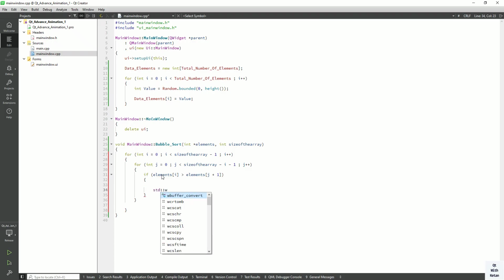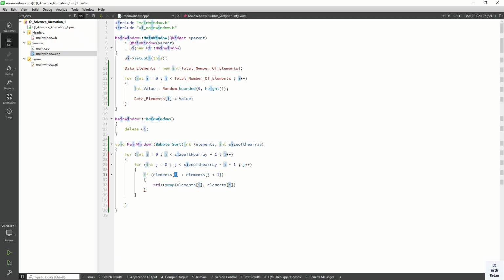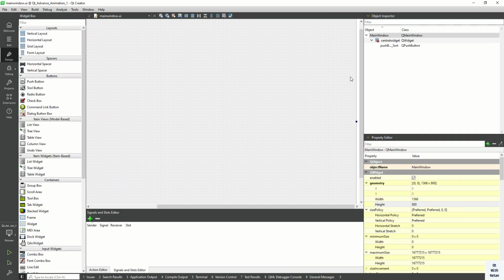So I use the standard function swap and pass both elements, element of j and j plus 1. Okay, so this is the simple functionality of the bubble sort algorithm, and just simply call this function